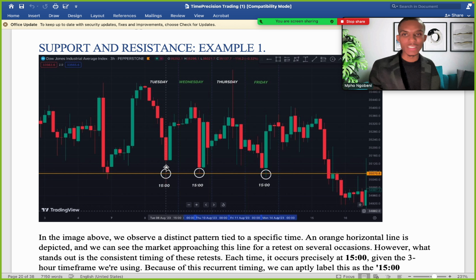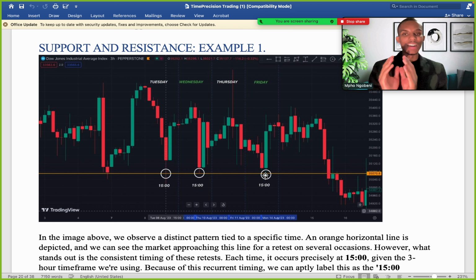And if you check this candlestick, it was at 3 o'clock. And again, it came to retest that very same area at what time? At 3 o'clock. It came again to reject that same area at what time? At 3 o'clock. Understand? So that's where time precision comes in. Now you will know the exact time when the market is going to reject that area